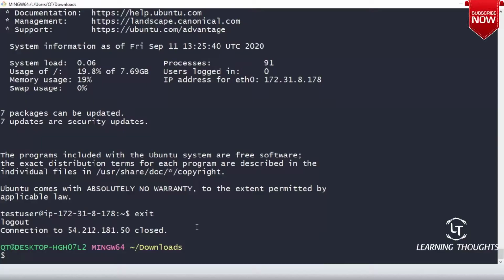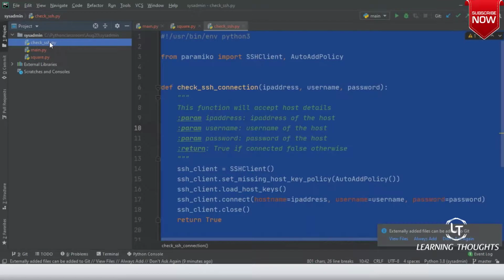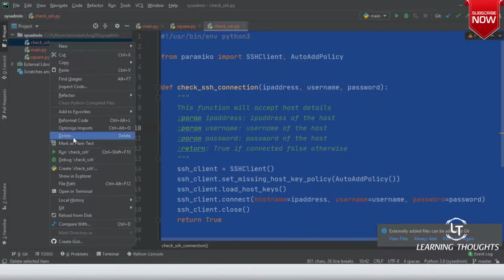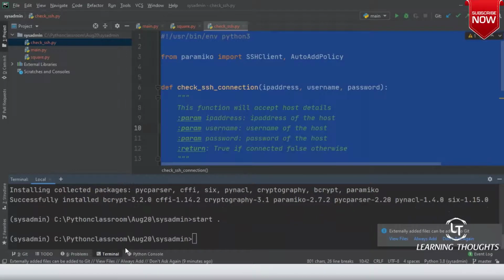And then let me try to execute this from Windows first and then from Linux. So check ssh.py. Where is it present? From terminal, it is very simple. Start dot.